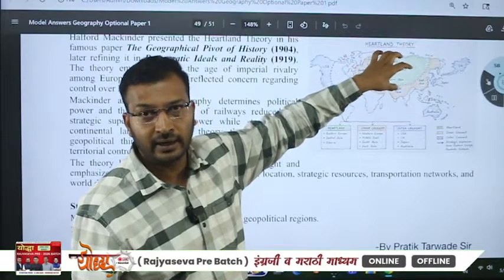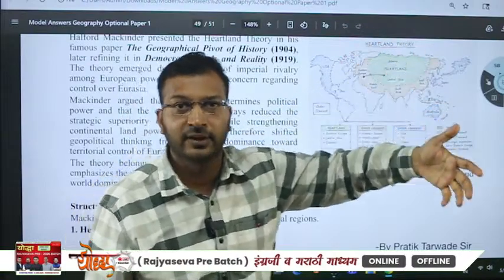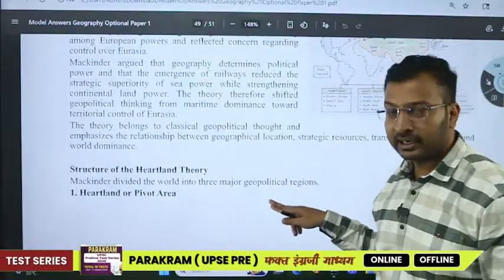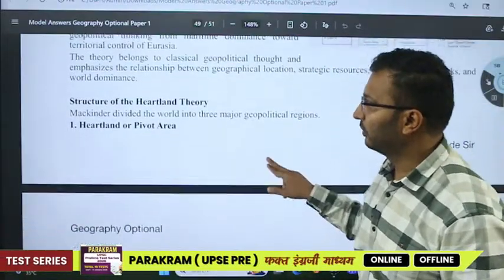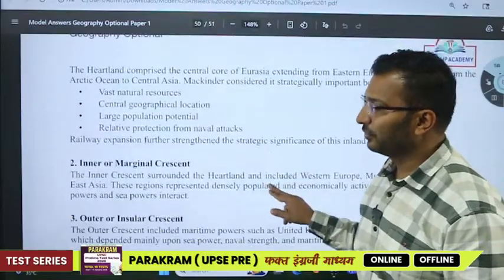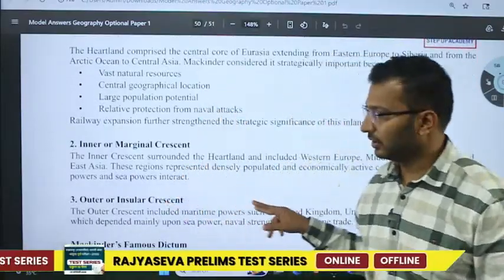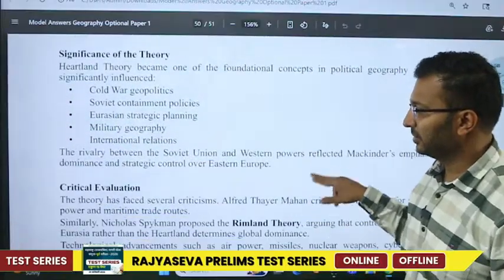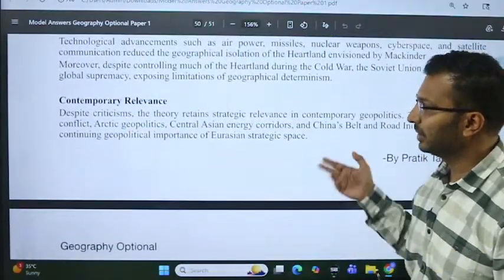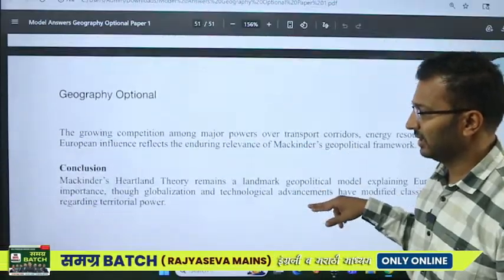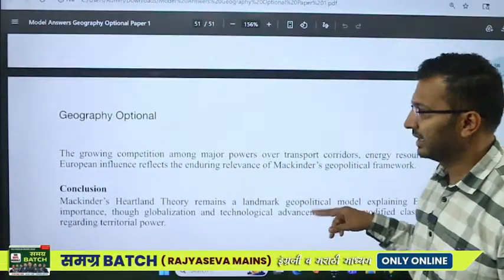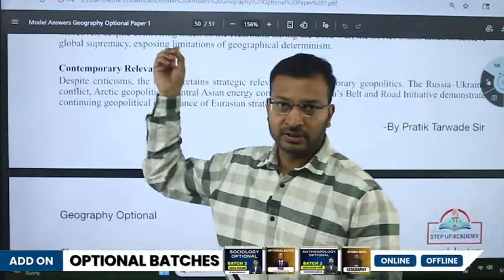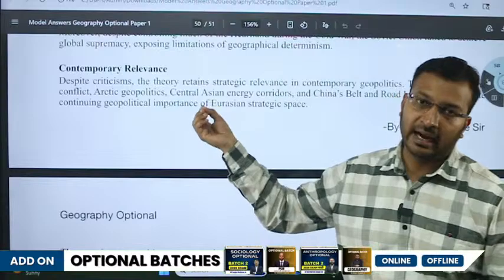Control over the heartland can become very significant in the near future. So no theory can be directly discarded. You never know what will be important, as a result of which this was asked in this particular examination. No theory is ever irrelevant, anything can be asked. For us, what is important is scoring marks in the exam, nothing else. So it asked to explain, write in brief, draw the diagram, write some criticism as well as contemporary relevance